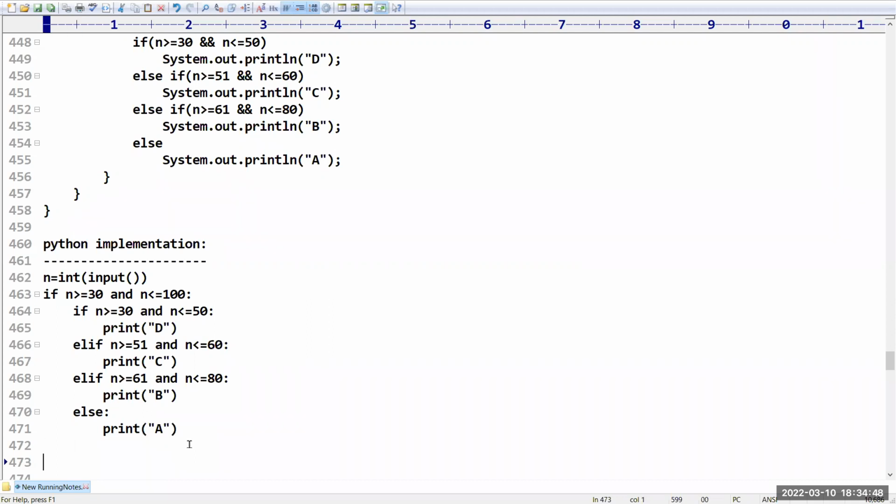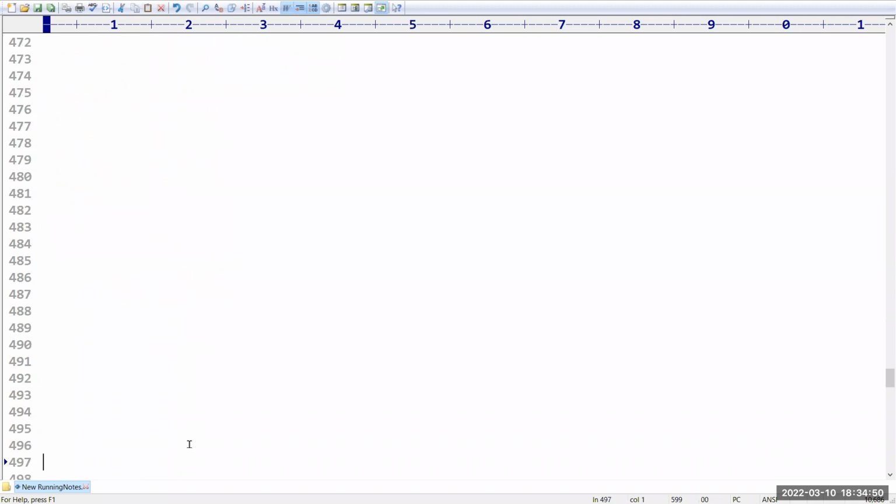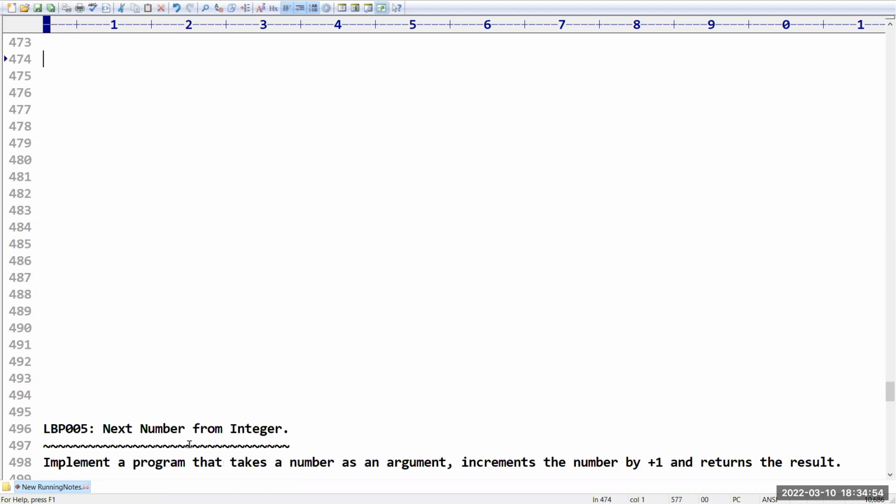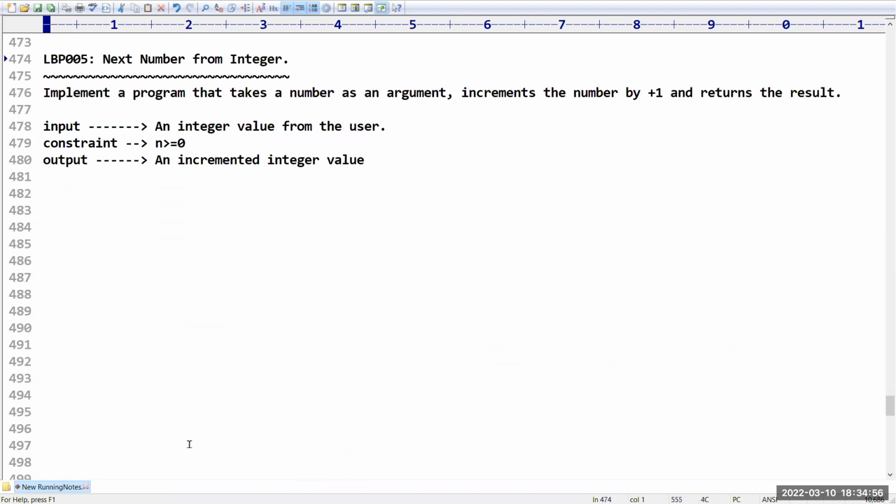What we have here is, sir, LBP number 005. Next number from the integer passed. Implement a program that takes a number as an argument, increments the number by +1 and returns the result.